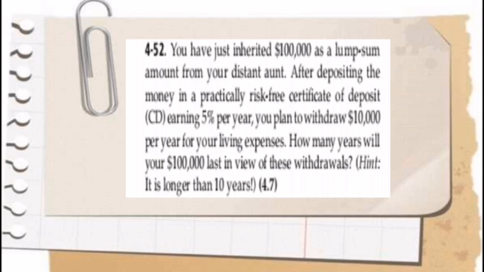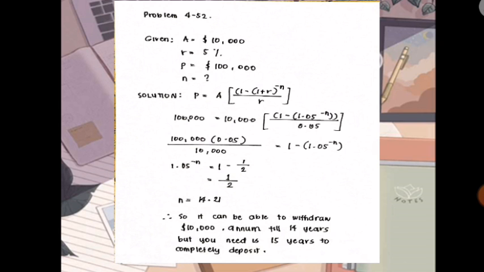So 4.52. You have just inherited $100,000 as a lump sum amount from your distant aunt. After depositing that money in a practically risk-free certificate of deposit earning 5% per year, you plan to withdraw $10,000 per year for your living expenses. How many years will your $100,000 last in view of these withdrawals? So, given A is equal to $10,000, rate is equal to 5%, P is equal to $100,000, and we find